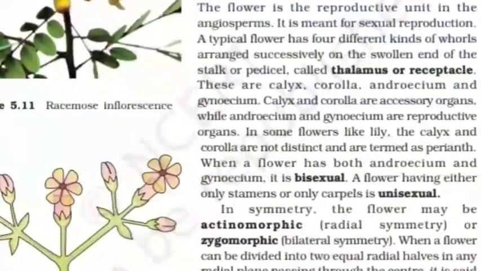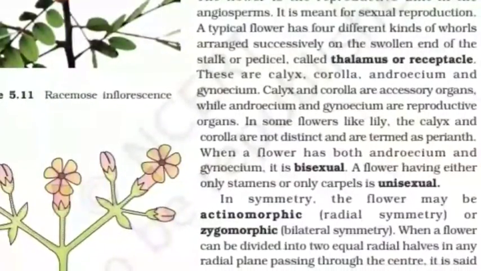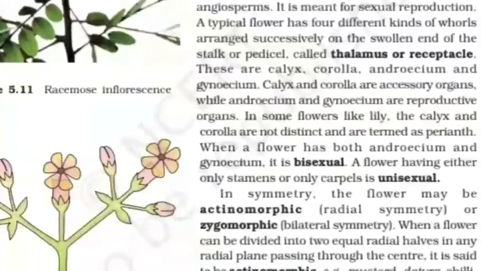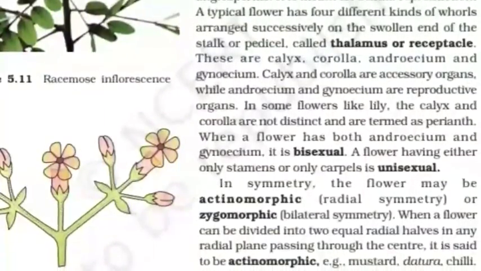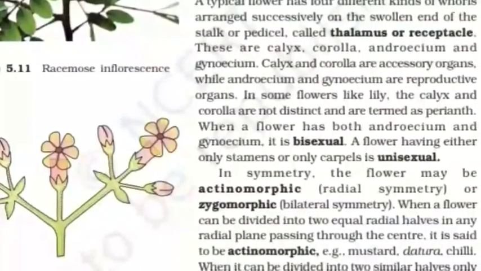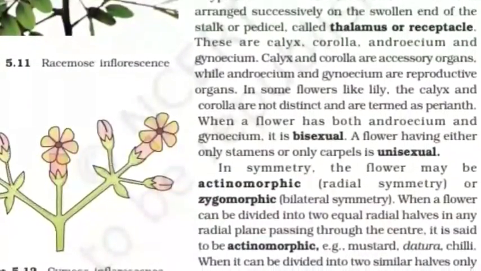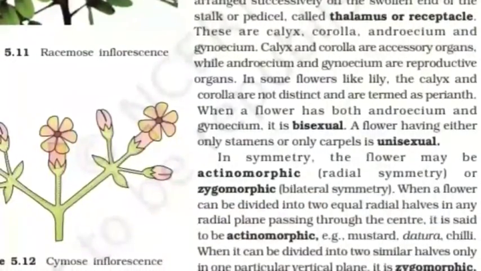In some flowers like lily, the calyx and corolla are not distinct and are termed as perianth. When a flower has both androecium and gynoecium, it is bisexual. A flower having either only stamens or only carpels is unisexual. In symmetry, the flower may be